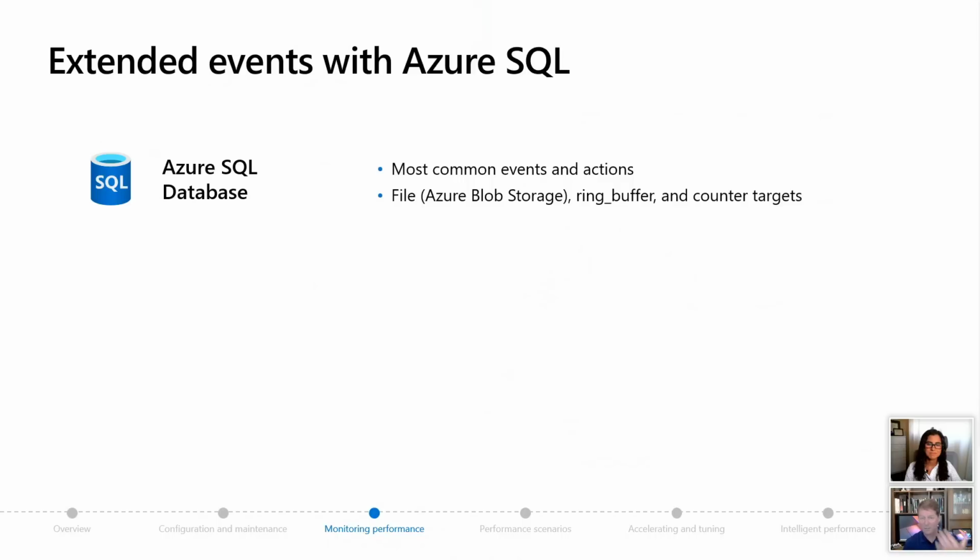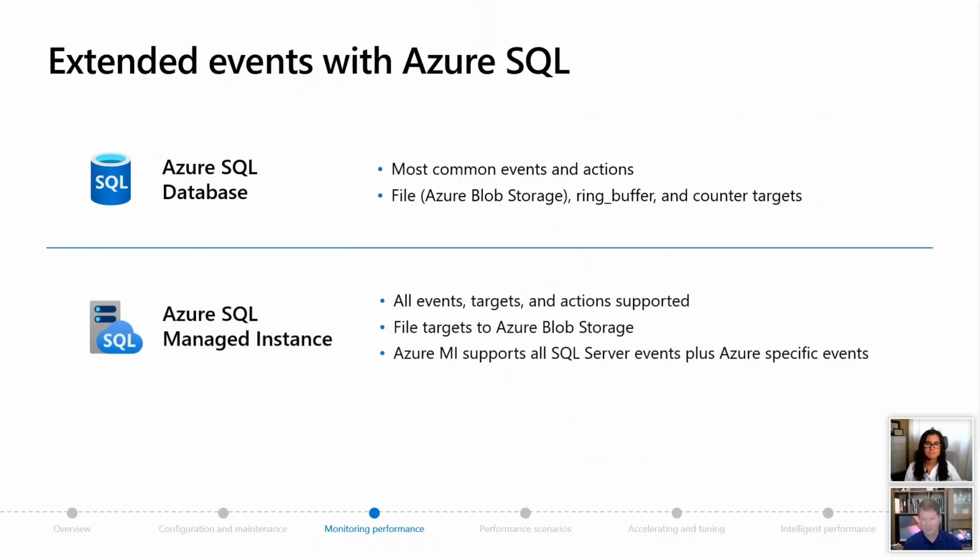And actions you're used to using are going to be there, like actions being those orthogonal events, like what's my SQL text, what's my session ID. Those are going to be there as well. The biggest difference you're going to see is targets. You have ring buffer, you have counter targets, you don't have access to live data targets, but you do have access to a file target. And again, you don't have access to underlying file systems, so you need to use Azure Blob Storage for your X event. But it's very important: if you think you can't do tracing in Azure Database, you can, and you can use X events for that.